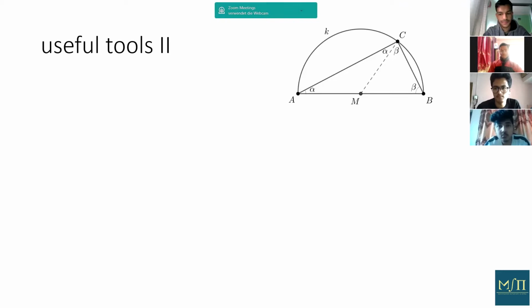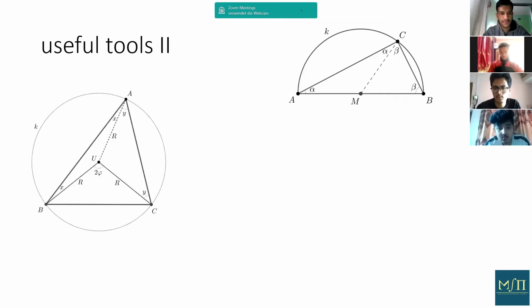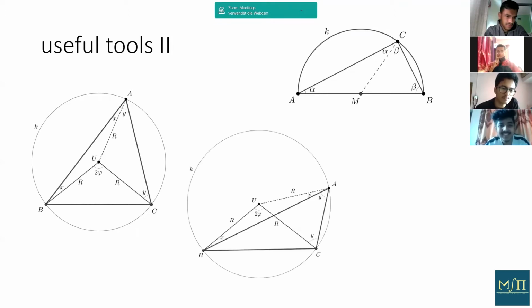So alpha plus beta is always a right angle, of course. Generalizing this, we know that for any point A on the greater arc determined by the two points B and C, by the chord BC, the sum of the two angles x and y mentioned here is always equal. It's always half of the angle subtended at the center. So that's why we have a 2 phi there. Of course, that also holds if the point A is such that the circumcenter is not in the interior of